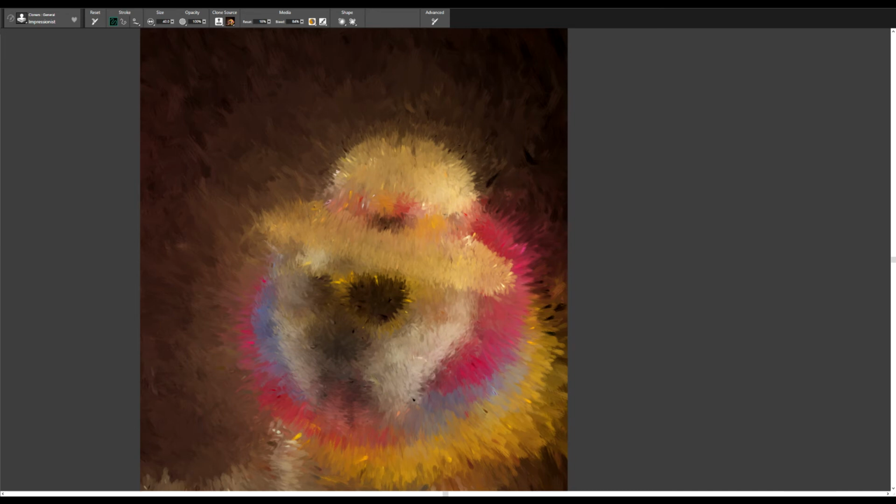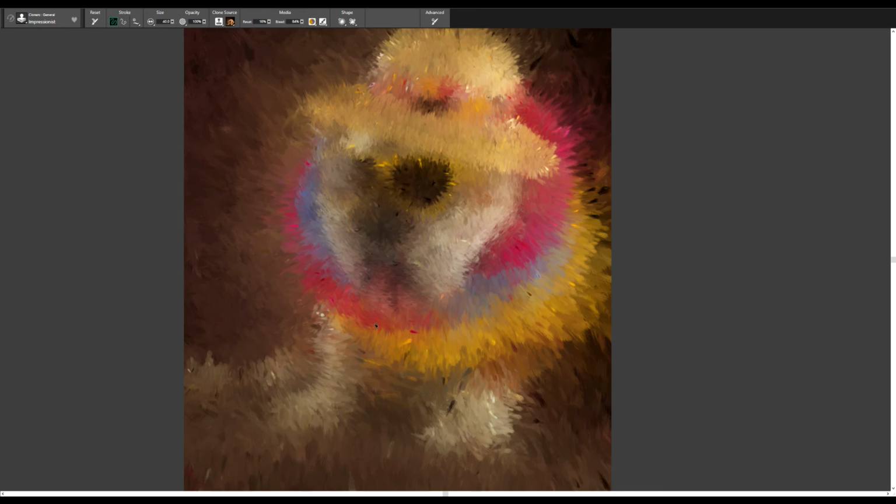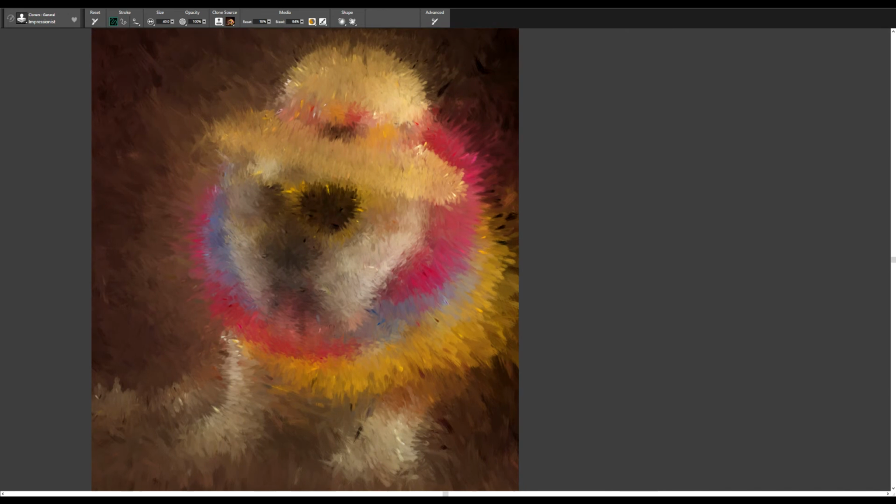I try to have, again, some method to my madness. I don't feel it does any good to just go completely random on all this stuff. At a certain point, you start to go, okay, well, this brush is all over the place, and it is. So one thing you can do